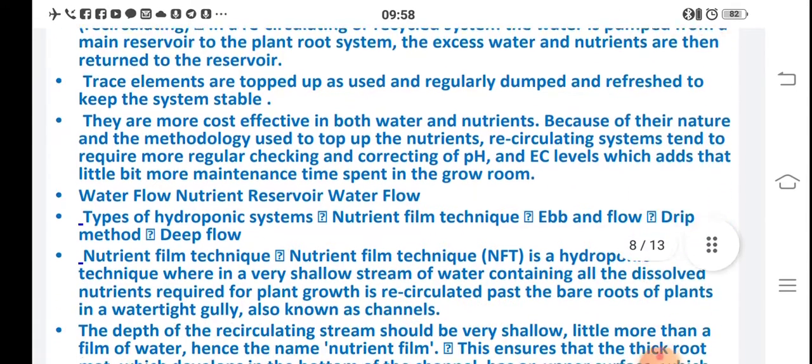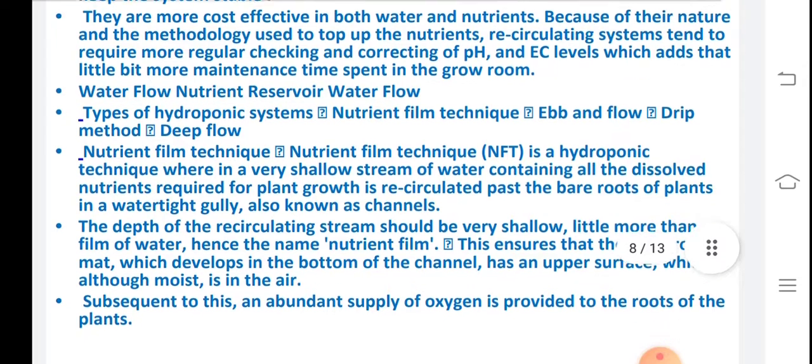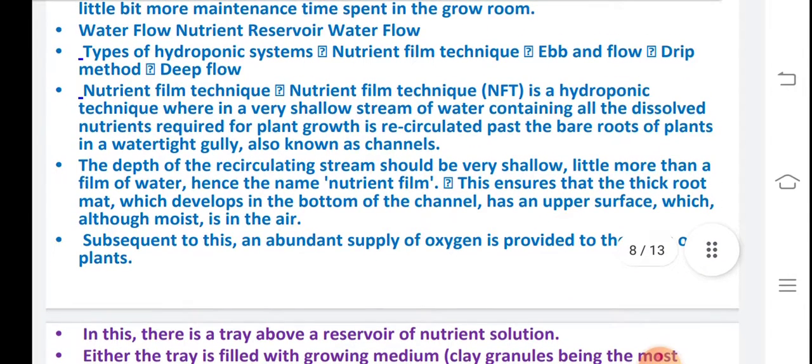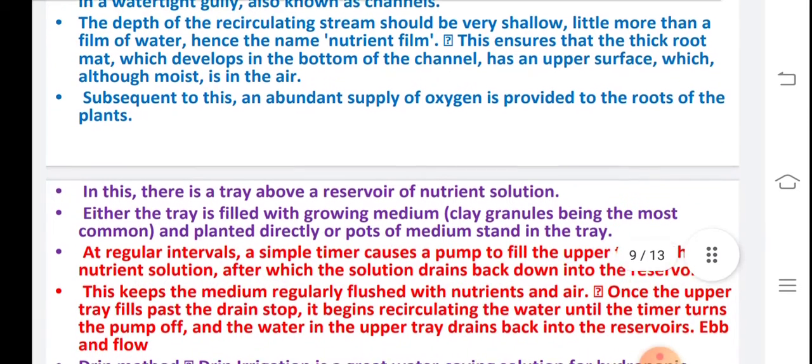So remember this theoretical part. In the NFT, nutrient film technique, a hydroponic technique where a shallow stream of water is used and the nutrients are dissolved, an abundant supply of oxygen is provided to the roots of the plants, because it is very important. Then next,